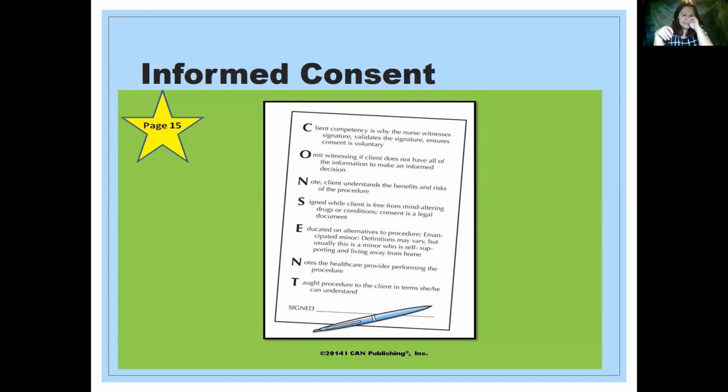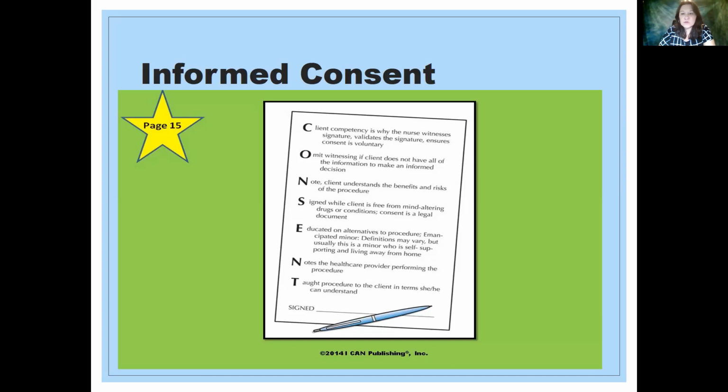Informed consent's really not been around for a real long time, so I'll give you a little bit of background. Back in 1914 was the first time that informed consent even came up. Up until that time, you just told your doctor what you needed done, and he or she did what they saw fit, and you had whatever they needed you to have. You didn't have to sign a consent form, you just went in and did it.